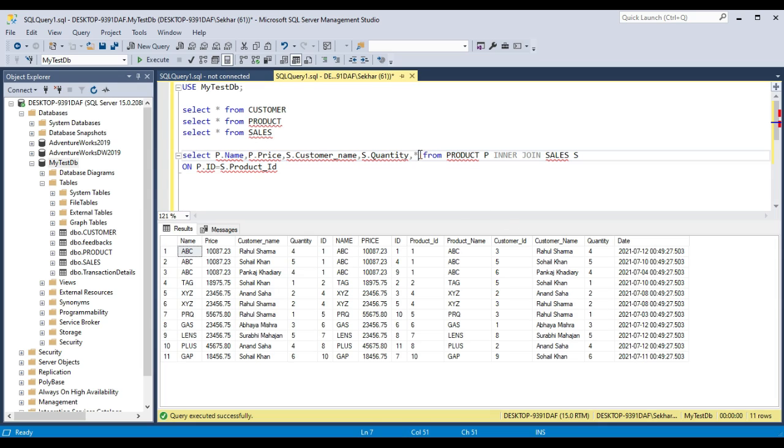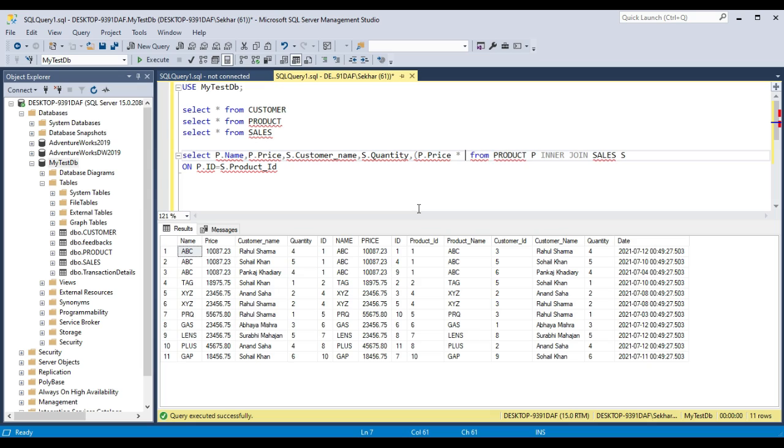Okay, so suppose we don't want star, but we want to multiply price with quantity to find the total price the customer has to pay for this order.